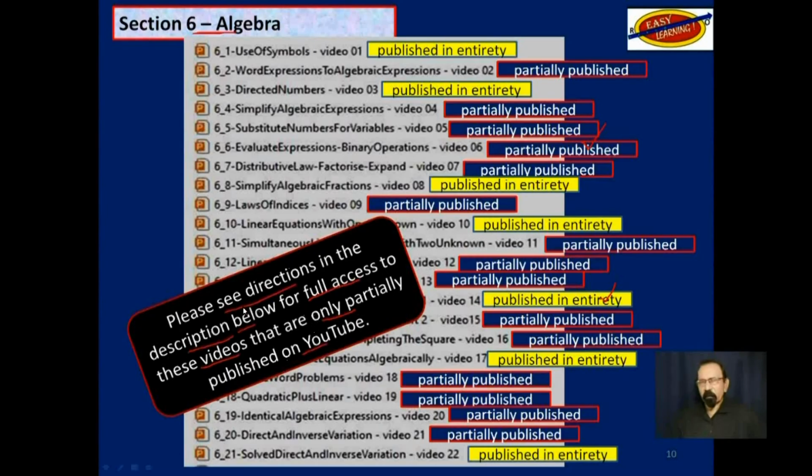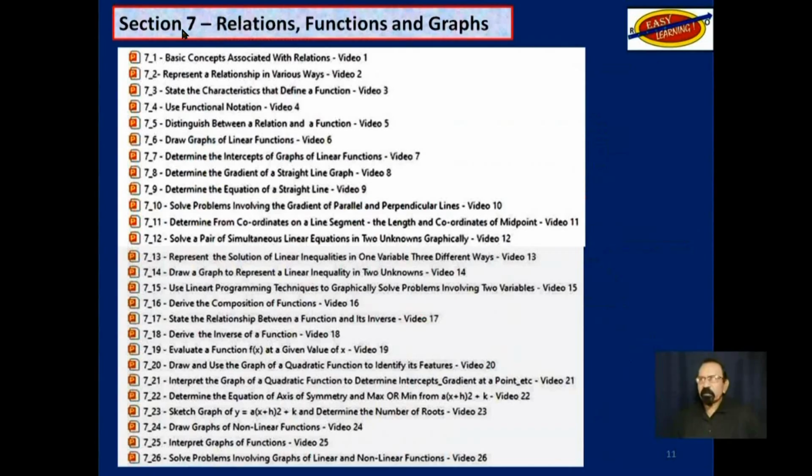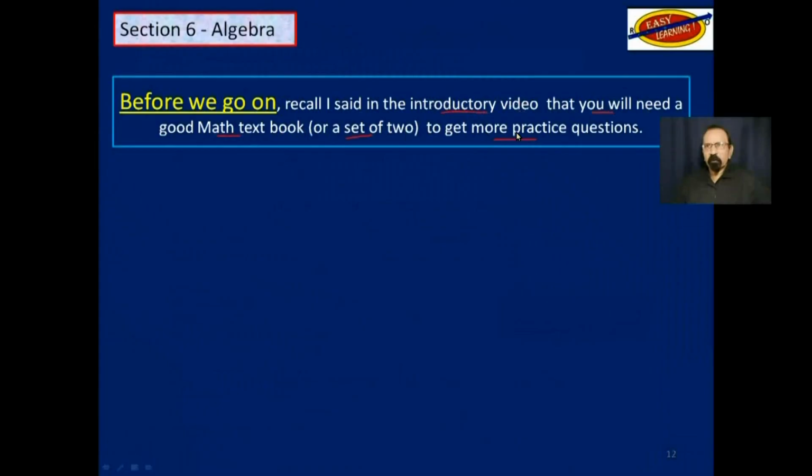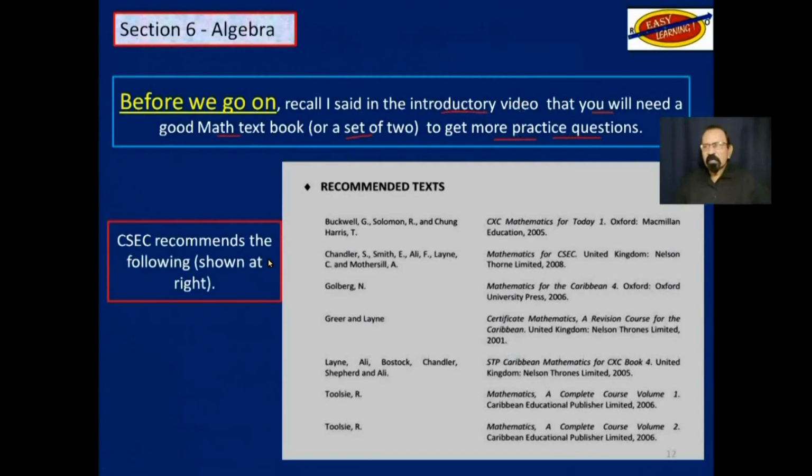We are now at section 7, Relations, Functions, and Graphs. This section has 26 videos. Before we go on, recall I said in the introductory video that you will need a good math textbook or a set of 2 to get more practice questions. CSEC recommends these you see here on the right. Out of those, I would recommend these last 2 here,